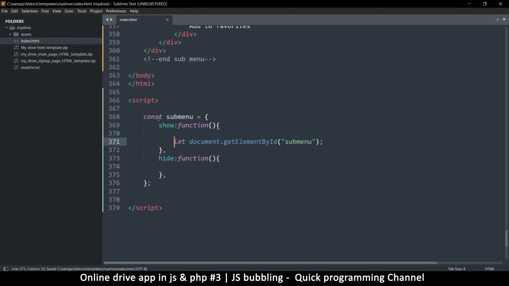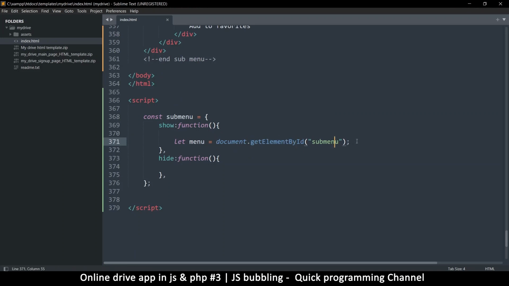So const means I'm not going to change this value. Now I won't change what this is equal to, but I can still change the values inside here, which is fine. Okay, so I'm just going to call it let menu is equal to document,